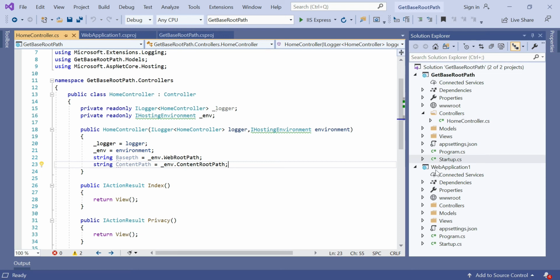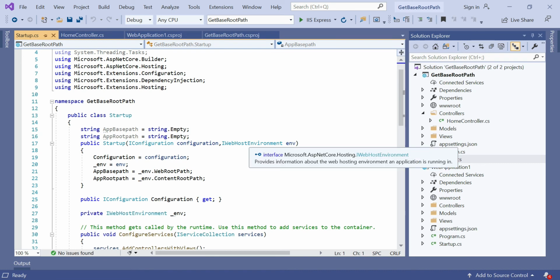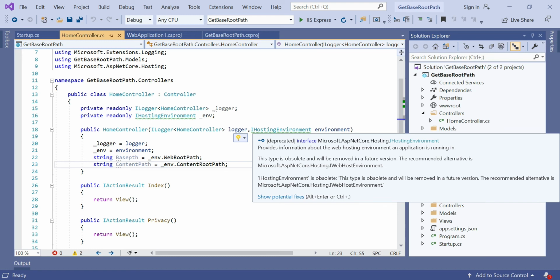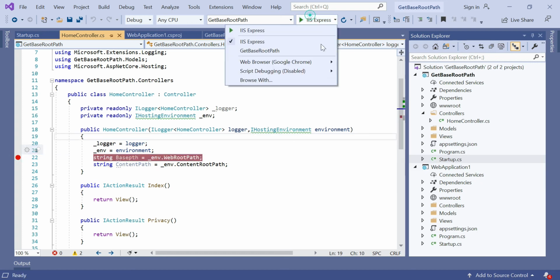Likewise, to get the application root path and base path in the Startup.cs class, we use the IWebHostEnvironment interface in the Startup constructor. You can see for IWebHostEnvironment there is no warning, but in the case of IHostingEnvironment there is a warning. As the application is targeting .NET Core 3.1, the warning message shows that IHostingEnvironment is obsolete and will be removed in a future version. So Microsoft recommends that in .NET Core 3.0 onward, we use IWebHostEnvironment instead of IHostingEnvironment. If you run the application,